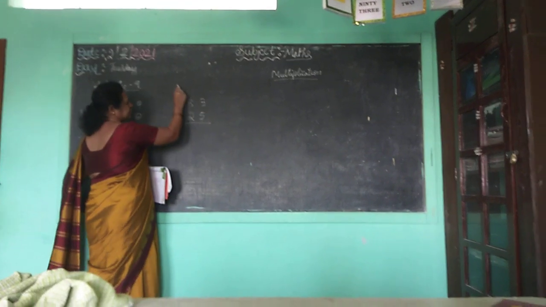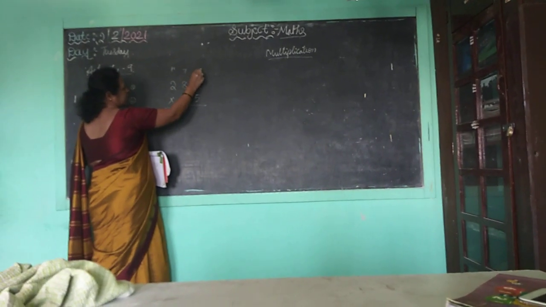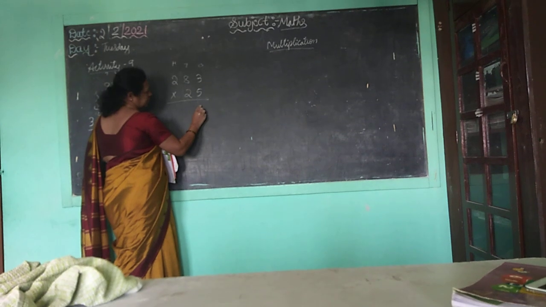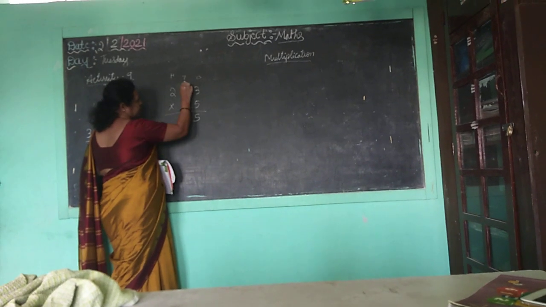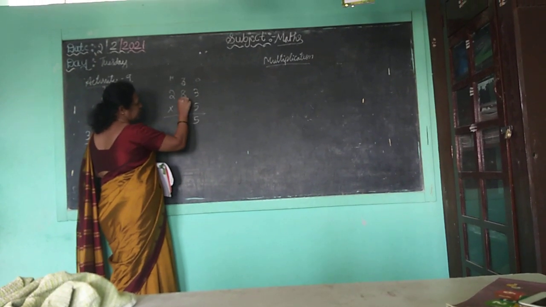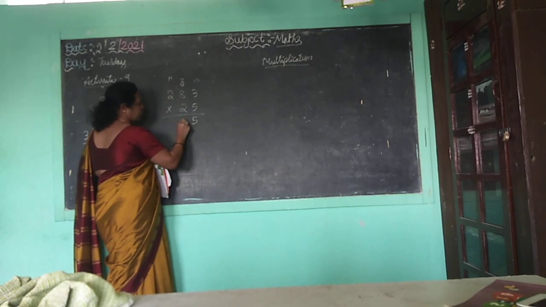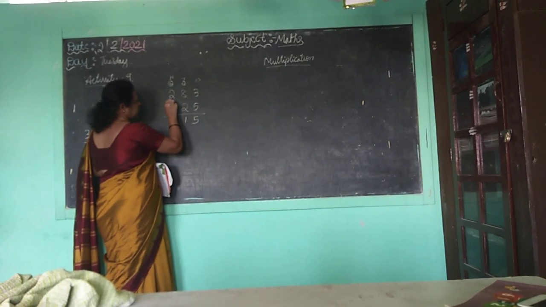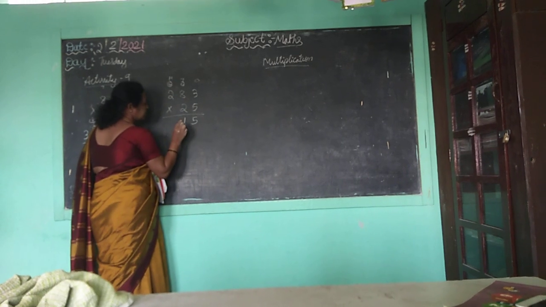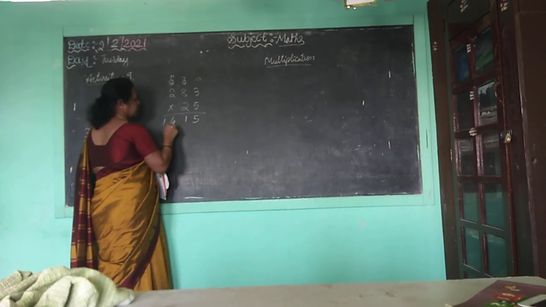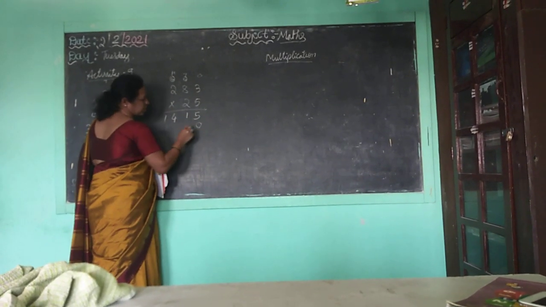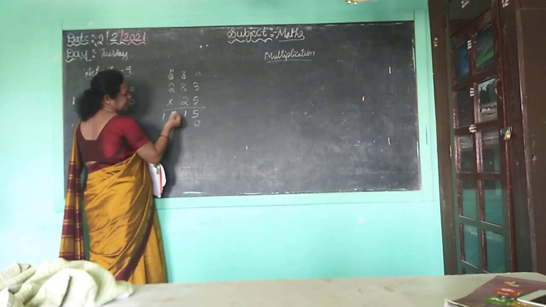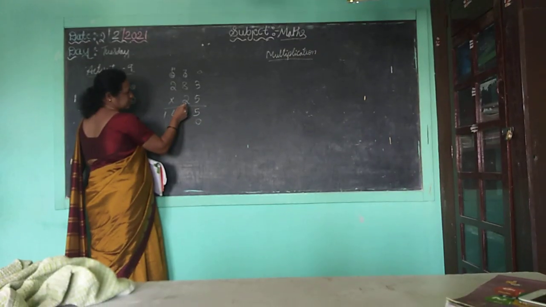So you have 3 digits there, that is hundreds, tens and ones. 5 threes are 15, 5, 1 carry. 5 eights are 40 plus 1, 41, 1, 4 carry. 5 twos are 10, 10 plus 4 is 14. Now the ones place is over, you can put 0 here. Now start from the tens place only because it is the tens digit now.